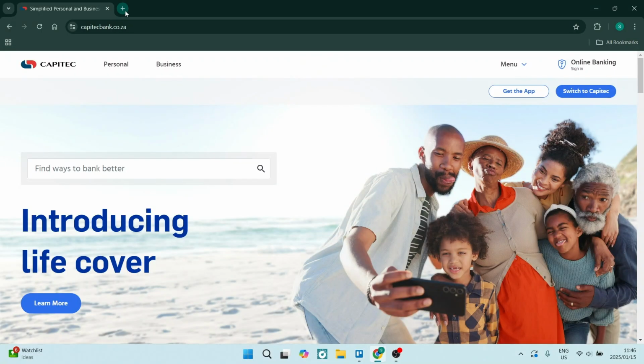Using Capitec Swift code to do international transfers is essential. Today I'm going to show you where to find that Swift code. Let's do it. So to find your Capitec Swift code, you need to jump into